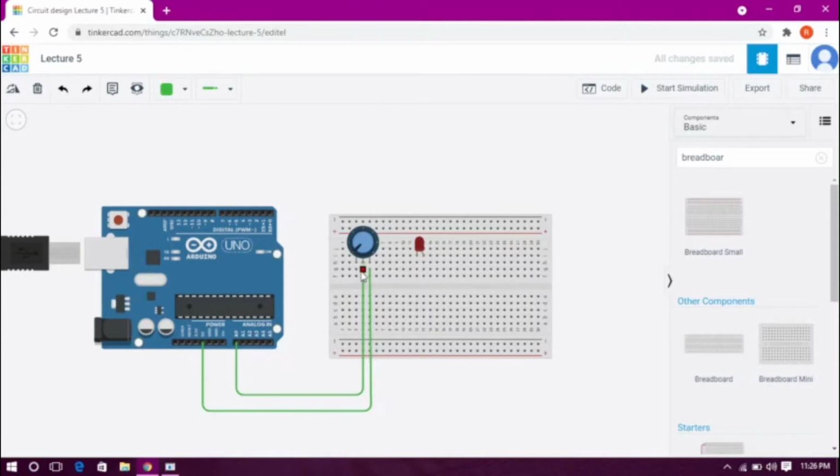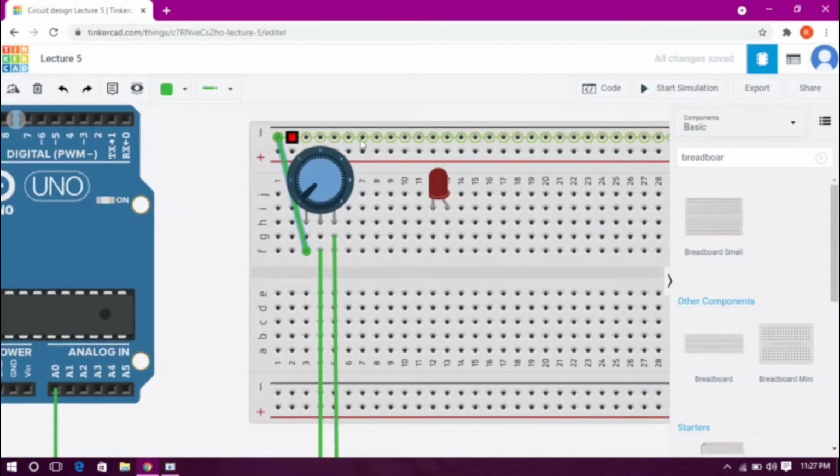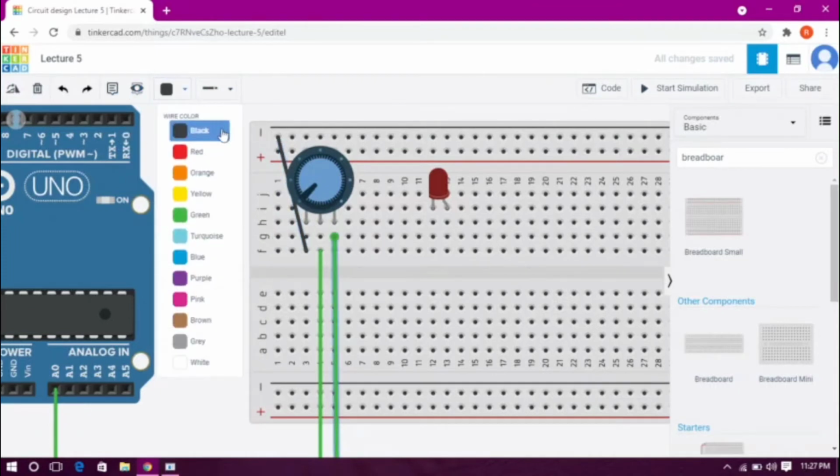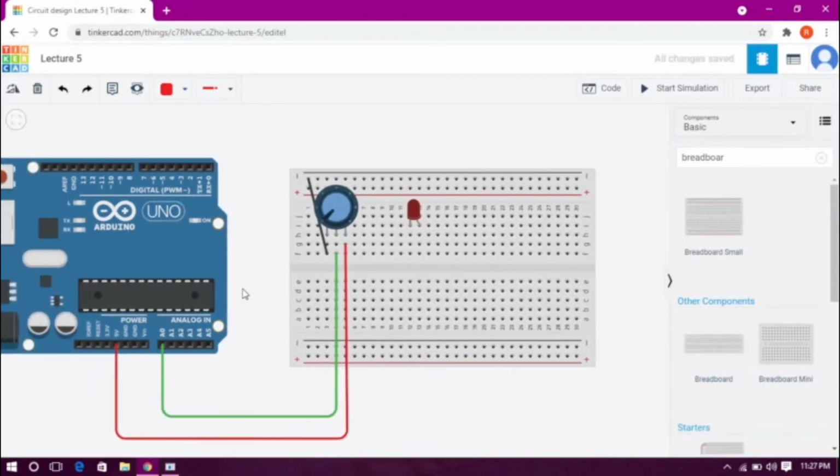This whole row is connected together for terminal 1, so I will join it from here to the negative, the whole ground row. I will mark it as black, as our notation goes, and this 5 volt input I will mark as red. Simple. So our potentiometer is now connected.